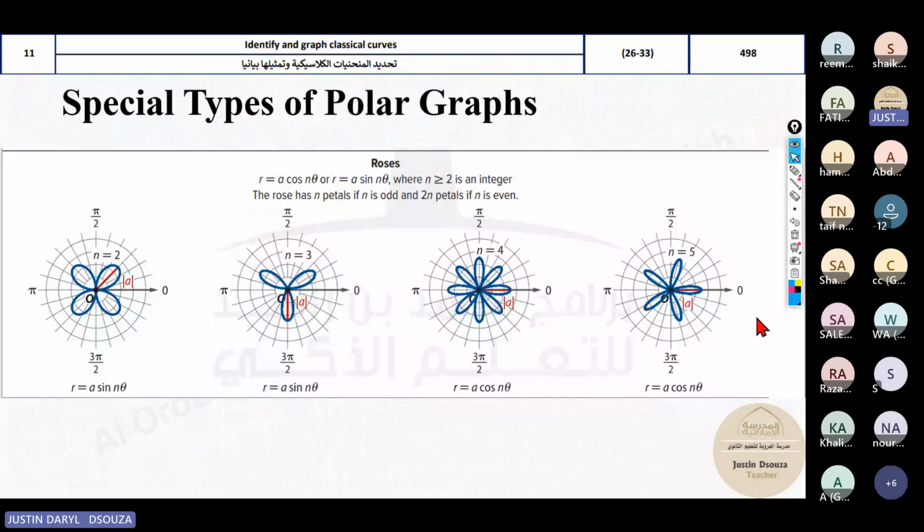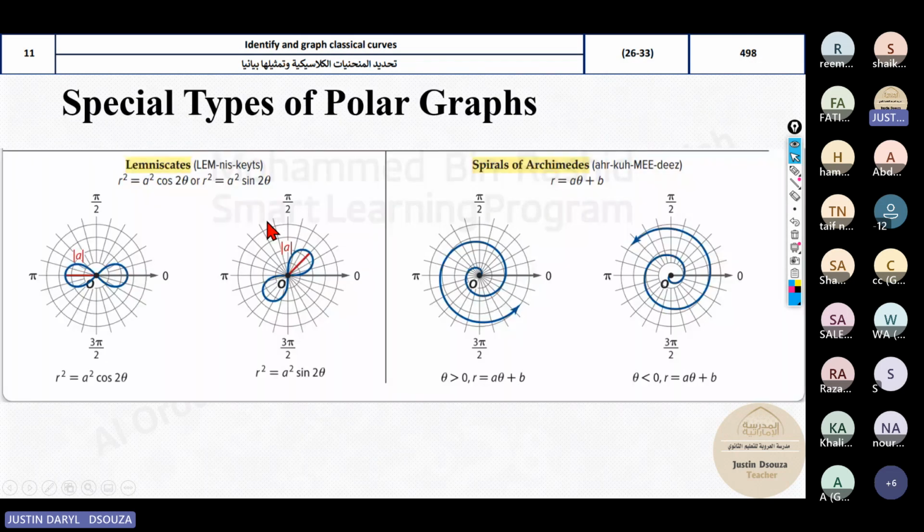Now, to be honest, I cannot remember all of them, but if you just recall them once or twice, you will remember it. Now, see over here, roses are given by this particular standard form: a cos n theta or a sine n theta. If n is an odd number, it is as it is. The number of petals are just the same. If it's an even number, there are double the petals. That is one thing. Lemniscates are like this. They are either r squared equals a squared cos 2 theta or r squared equals a squared sine 2 theta. Whereas the spiral of Archimedes,